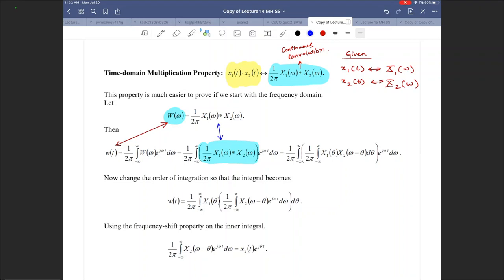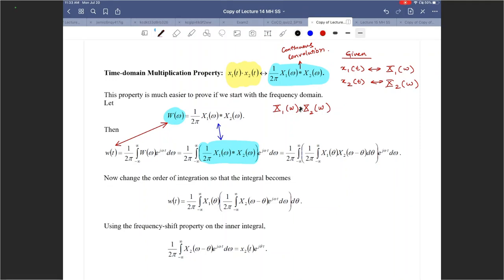Then we refer to the continuous convolution integral. What is that going to be? I'm just going to write that over here, perhaps in red. If I have x1 of omega and x2 of omega, and if I want to convolve those two,